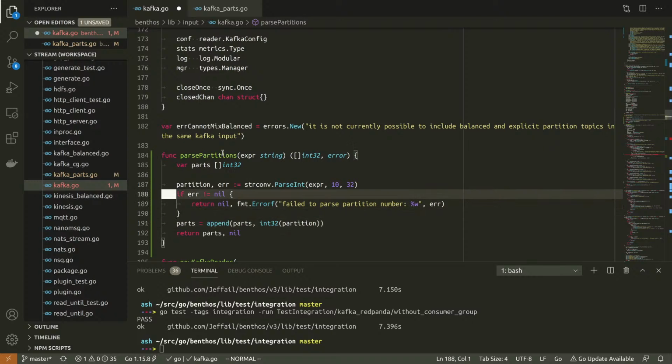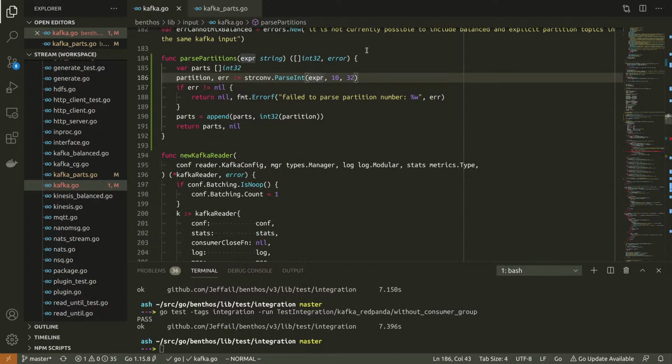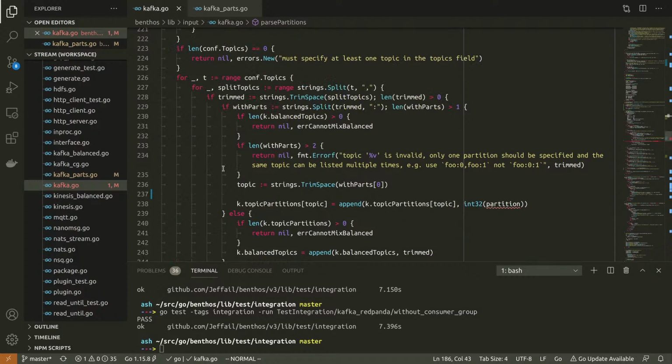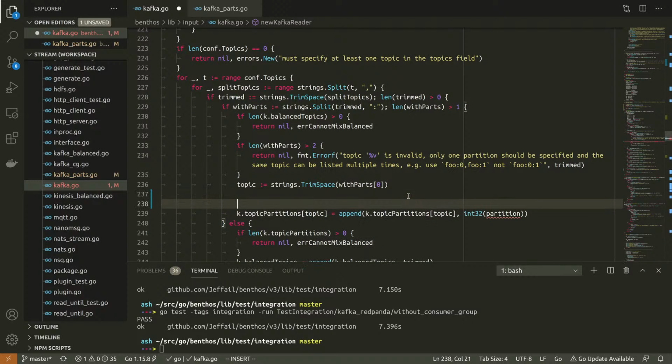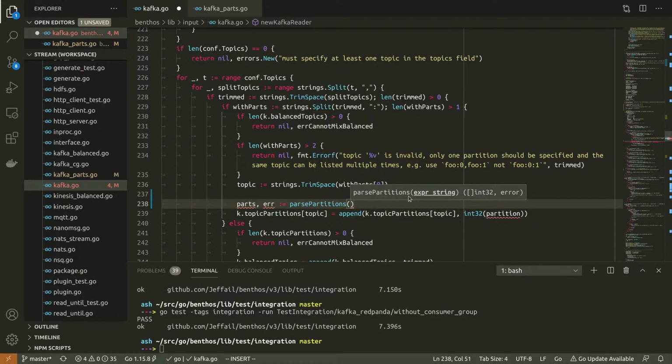There you go. In the old world we would have this, where the expression is just a number. Parts equals parse partitions, and the expression now is with parts and the bit that comes after the colon.